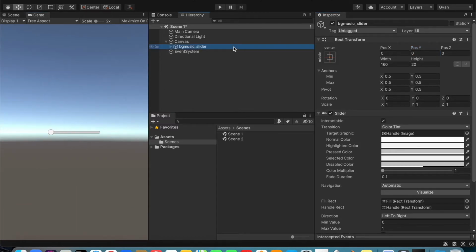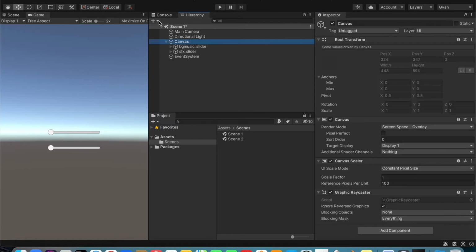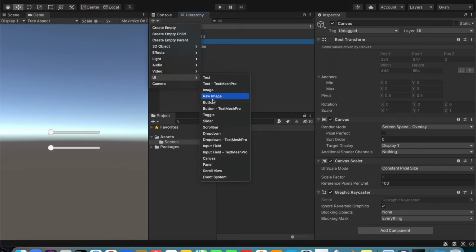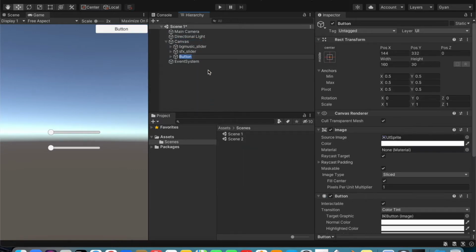Now duplicate this, press Command D and name it SFX slider for sound effects. Position it below the background music slider, -50, and now add one button. Name the button